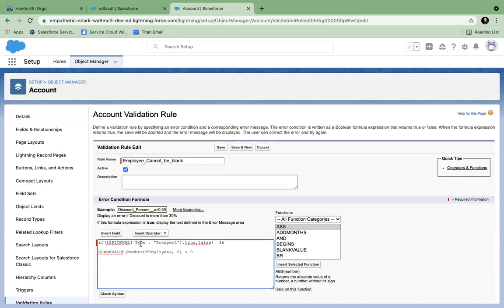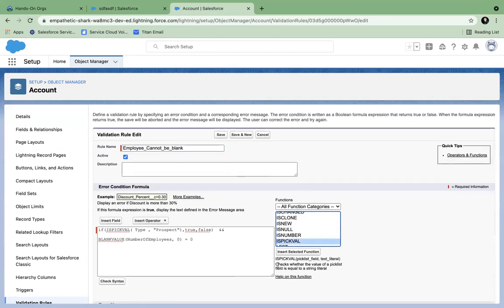So in type, I am checking. If you go to this function, it will give you here: checks whether the value of a pick list field is equal to a string literal. Mhm. So I cannot do it like this. This will not work.